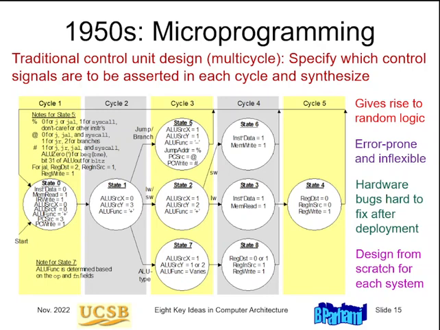In the 1950s, people were building a lot of different kinds of computers, and in particular, they all had different instruction sets. Because they had different instruction sets, the design of each computer had to start from scratch, with specific hardware built to execute that particular instruction set. These different instruction sets cause the computers not to be compatible. That's a different objection, but it also led to high design costs.